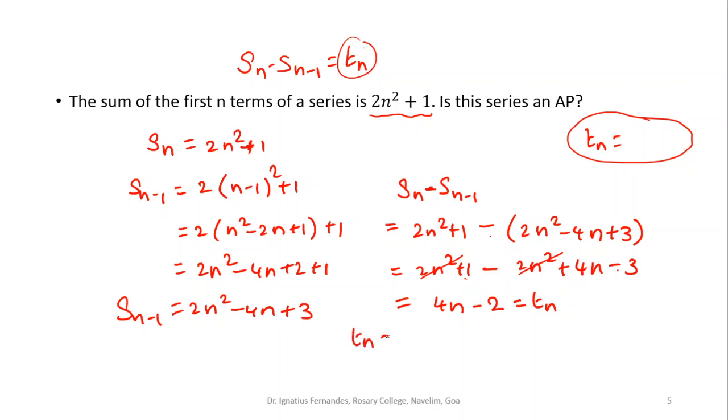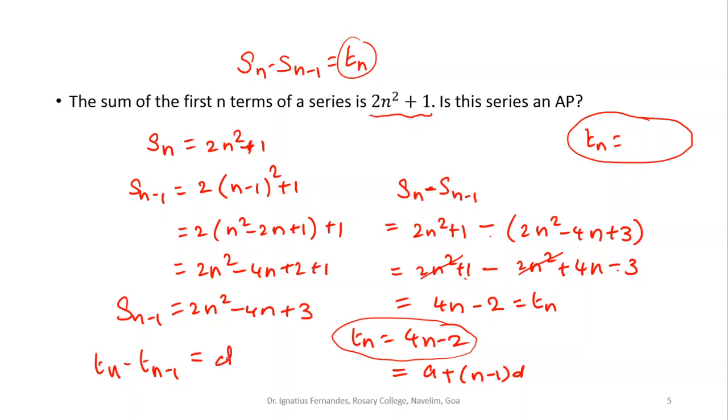So if I consider T n as 4n minus 2, can I consider this as the nth term of an arithmetic progression? Yes, what I'll do is rewrite this in the form of a plus (n minus 1) d. Or what we can do is, we know that if I know the nth term, I can very well check whether it is an arithmetic progression by checking whether T n minus T(n minus 1) is a constant or not. So we can do that and see whether T n minus T(n minus 1) is equal to d. This we have already discussed previously. Or we can just express this T n in this general form.